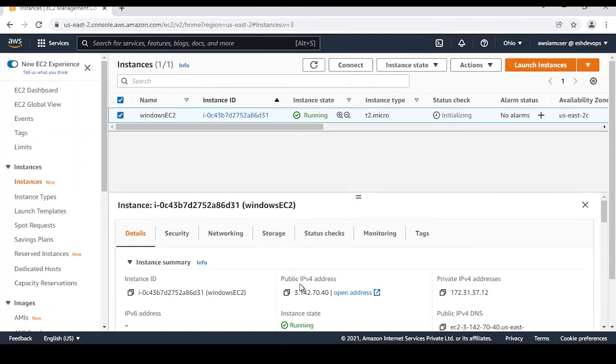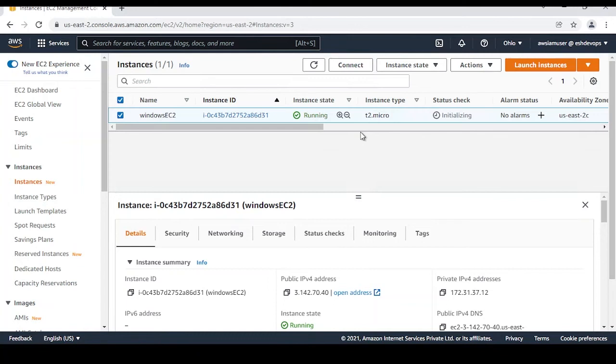Before logging in, we need to fetch the password, because we are all aware of that. Or if you don't know, no worry guys, I'm going to tell you. When you are working with Windows, we have to use the RDP of the system. In that case, we are not using any kind of security key like we use in a Linux system. Basically, we have to give the password to log in to our Windows machine.